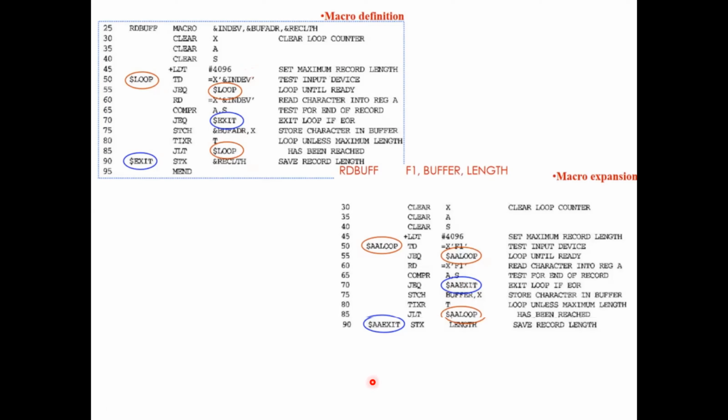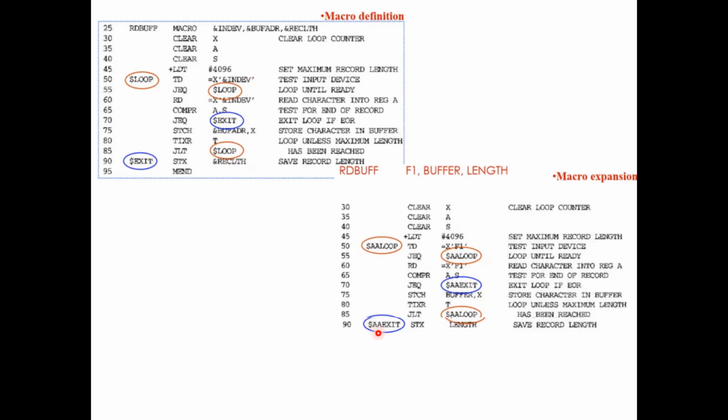In the next macro invocation, $AA loop will be replaced with $AB loop, and $AA exit will be replaced with $AB exit. So do not get confused that if $AA is used in a label, then for the next label that you have, you have to use $AB.